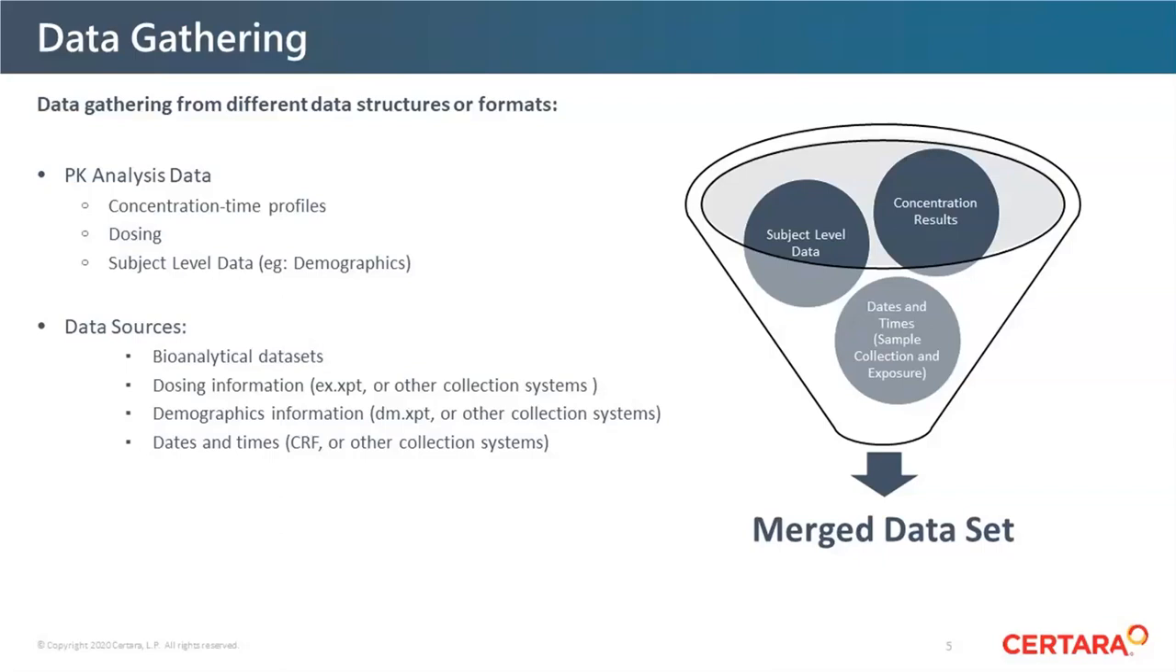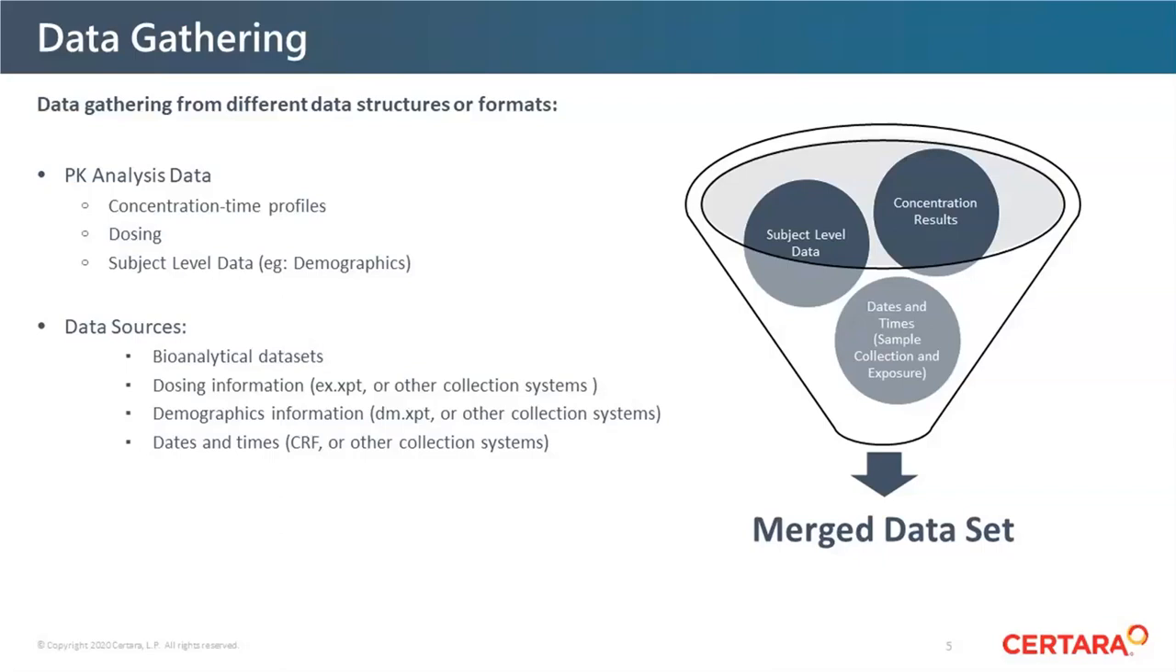For the dosing information, we usually get it from an ex.xpt, which is the exposure domain in a CDISC format, or other collection systems. Demographics information comes from the dm.xpt or other collection systems. DM stands for demographics. And the dates and times sometimes come from a CRF if a study is clinical, or other collection systems